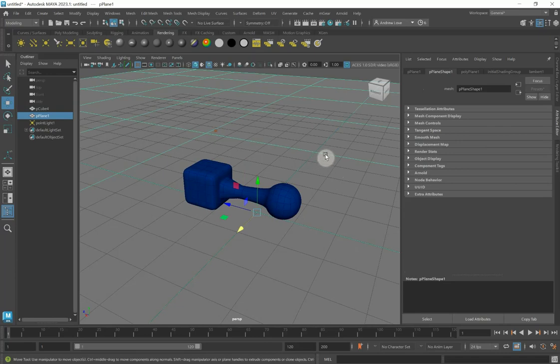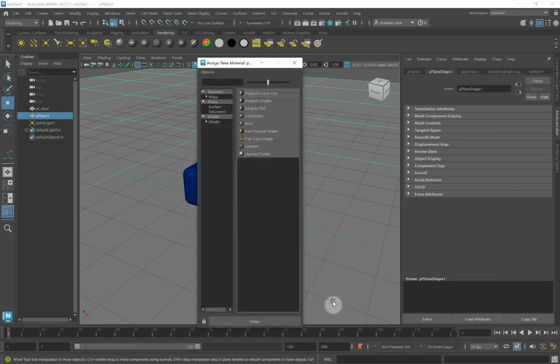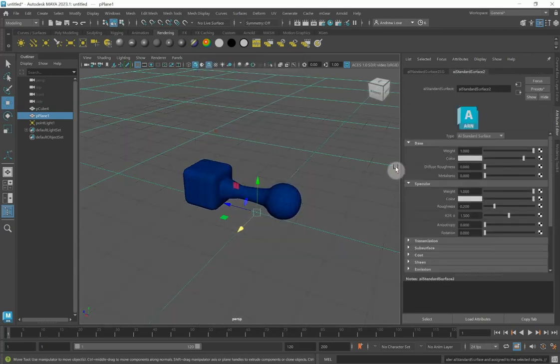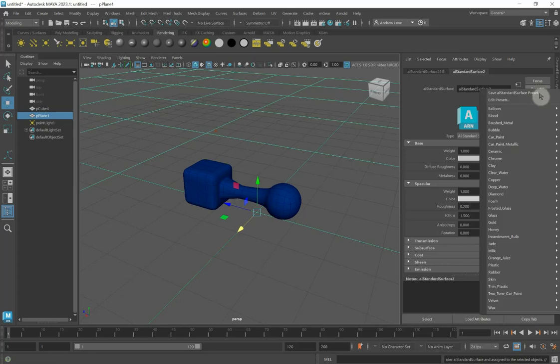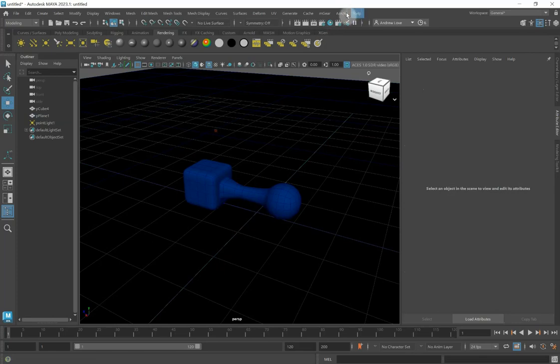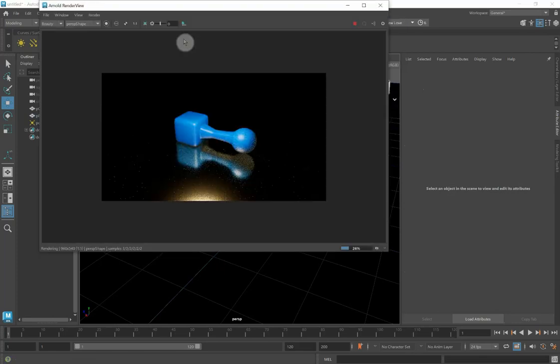And I'm going to go to the ground. I'm going to right click that and go assign new material, shader, standard surface, and then presets. Let's have, I don't know, shall we have gold? Gold. Replace. Now that won't show in the viewport, but if we render it, Arnold, render, we've now got a